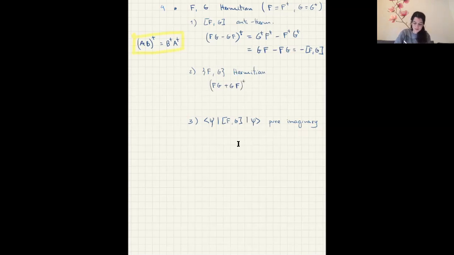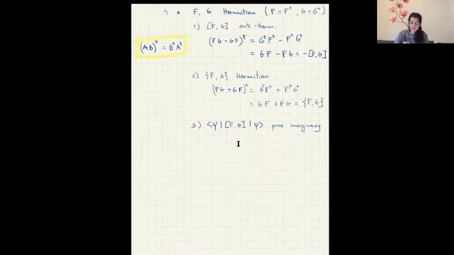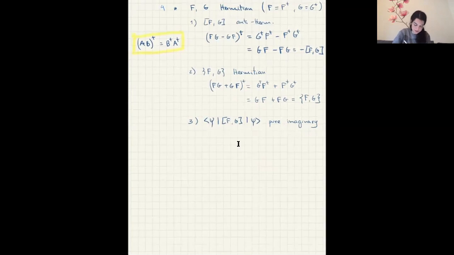This is the commutator. If we take the complex conjugate, then we get gf plus f dagger g dagger, and that's just gf plus fg, which is okay. Good, and now here, to show that this is a pure imaginary number, well, let's just call